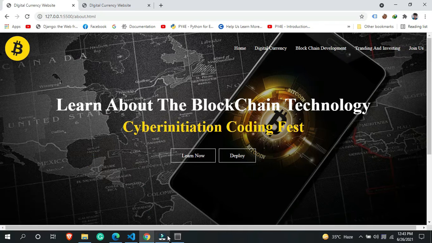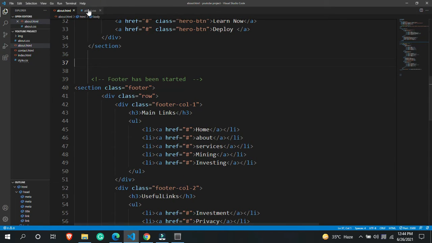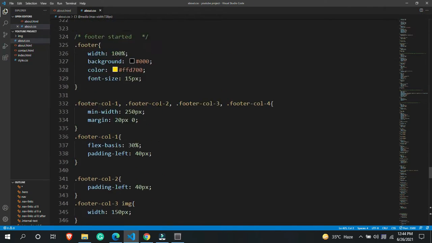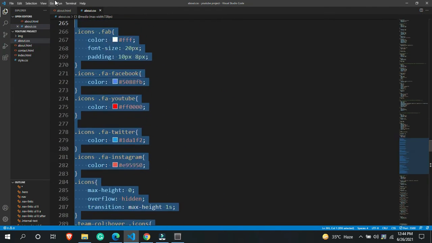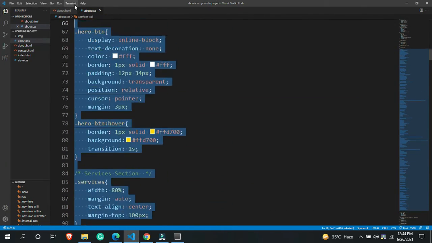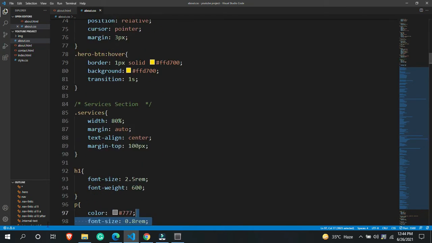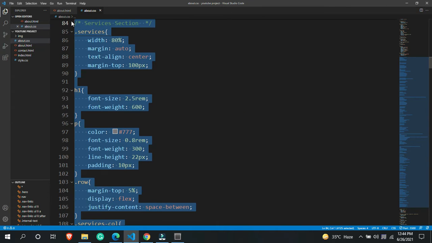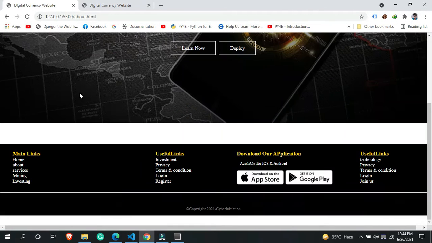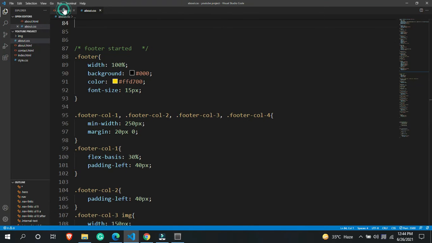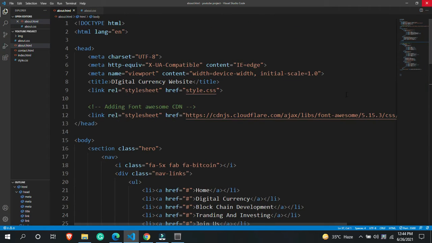And then after that we are going to delete all of the unnecessary css from our about.css file. So let's come up over here and, till the service section starts, delete it from there. So this is the services section, and we completely deleted it. Then after deleting it you can see we are getting the header and footer over here only. And then after that we are going to connect our css file as well.